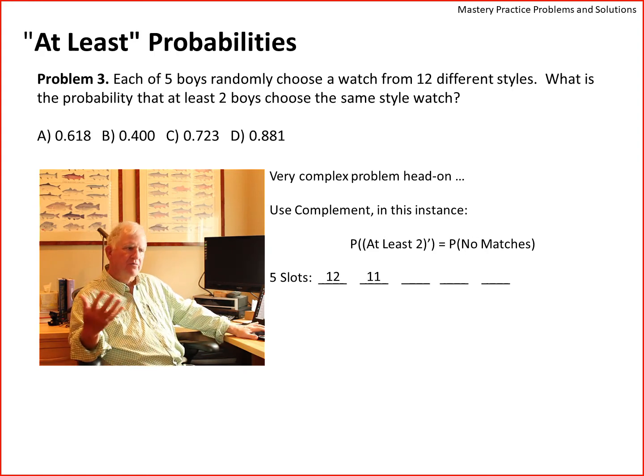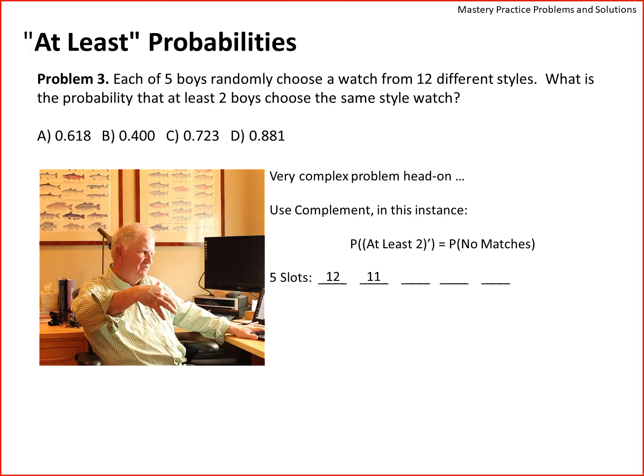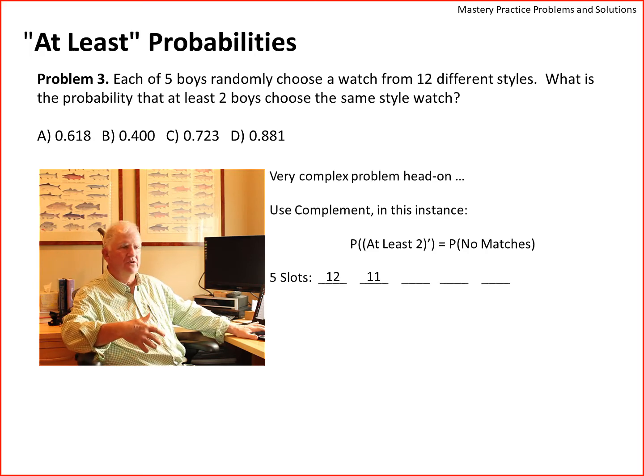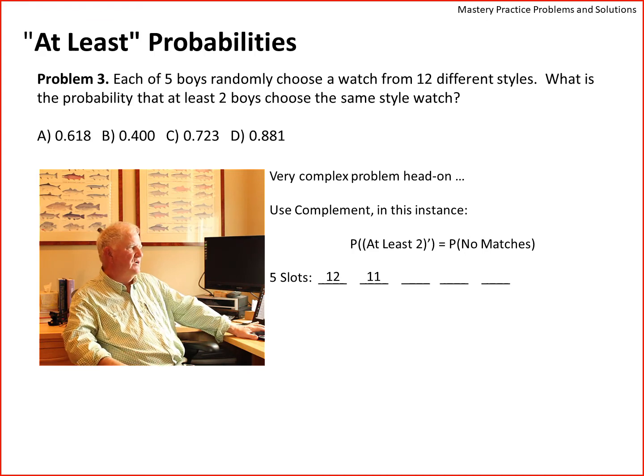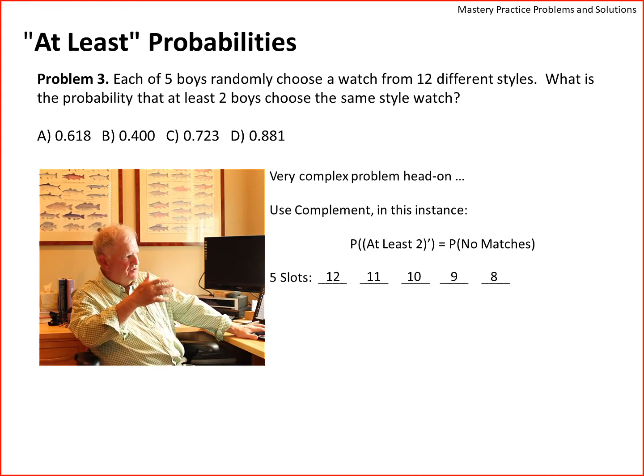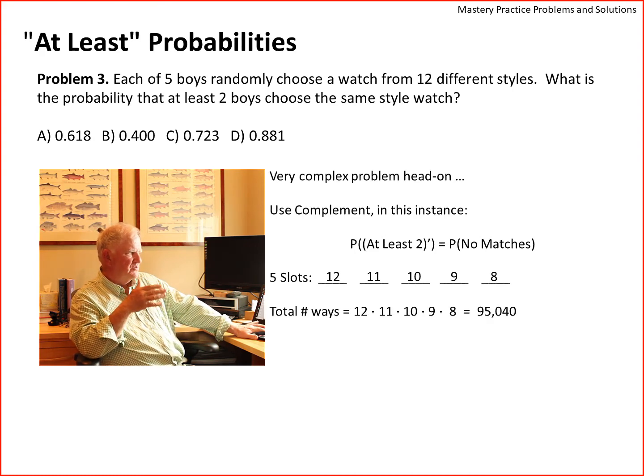And likewise, the third boy now has to fail to match. He's got 10 ways to do that. The fourth boy, 9 ways. The fifth boy, 8 ways. So there's 5 different events with 12, 11, 10, 9, 8 different ways. The fundamental counting theorem says the total number of ways that those 5 boys can pick 5 watches from 12 styles is 12 times 11 times 10 times 9 times 8, or